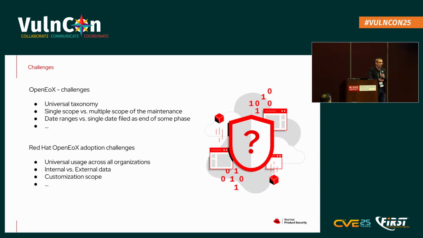Is it a single Git repository, or is this a product? If it's a product, what is included in that product? So from the end user perspective, what exactly is the single source of truth here? Is it my SBOM and someone else's VEX, or maybe someone else can prepare an SBOM for my product? Where is the truth? If we use OpenEoX and we publish next to the SBOM, this is the product, this